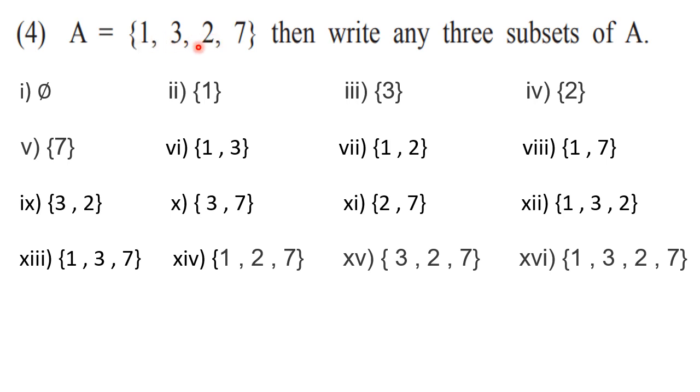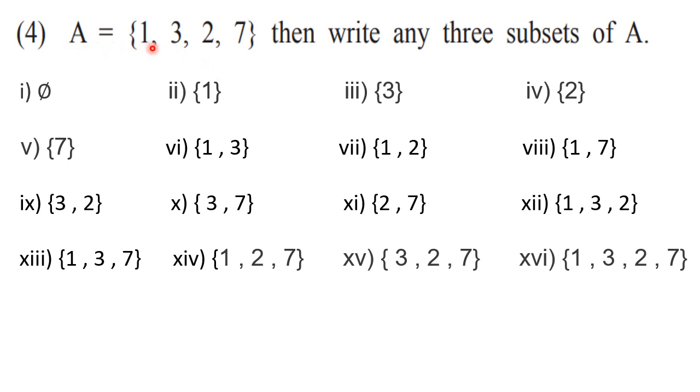Go in sequence only. 1, 3, 2. That is the 12th set here. Then 1, 3, 7 is written here. Now 1 is over. Now go to 3. So you can write down 3, 2, 7. That set you can write down. Further it is not possible for you to write because the remaining combinations are already done.